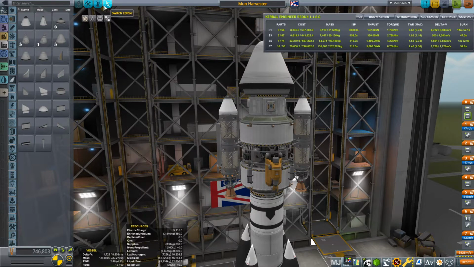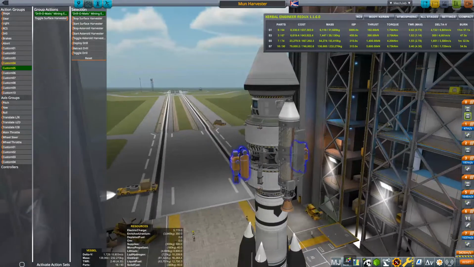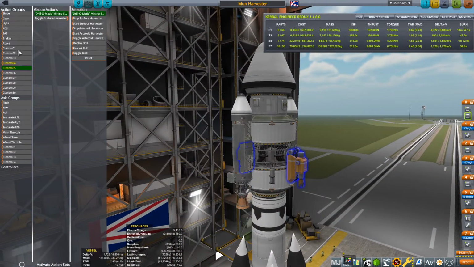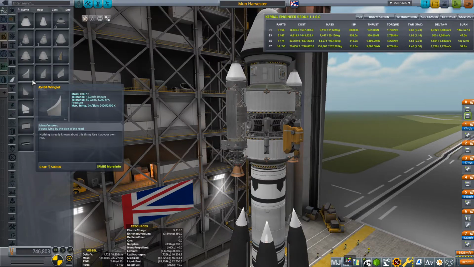All right, so action groups, I need to change. 5 is going to be to toggle the surface harvester on those. 1 is going to be toggle those solar panels. And then I'm going to make 6. Well, I need to actually add